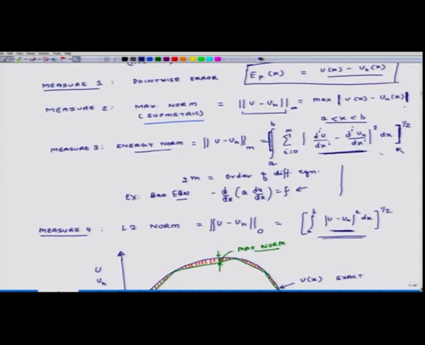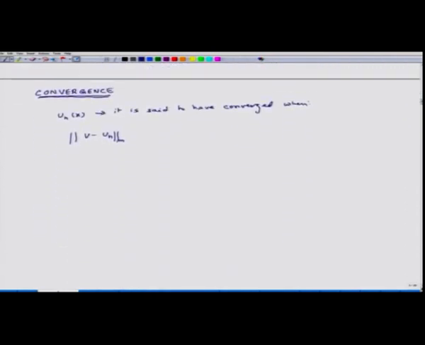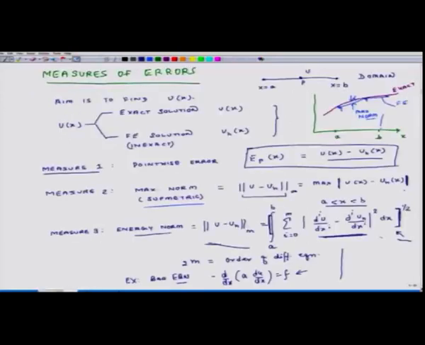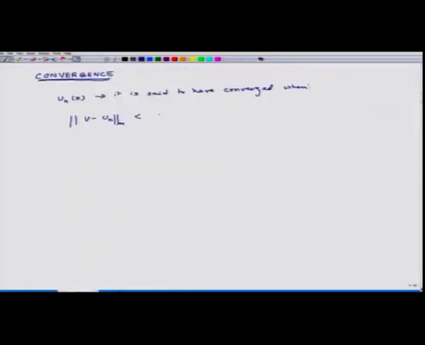Oh, I am sorry, this is the energy norm, not the max norm. The definition of the energy norm is given here. So, when this norm is less than C h^p, where C is a constant